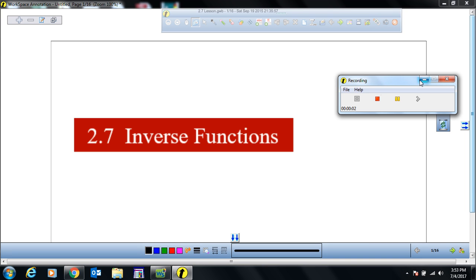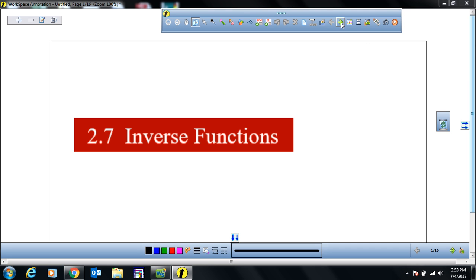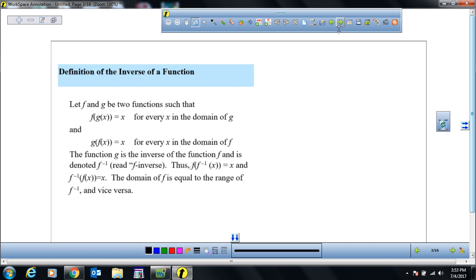Section 2.7, we're going to cover inverse functions. Now we're going to start with the definition of inverse functions, which is this. If you have any two functions f and g, in which when you do the composition f of g of x and g of f of x, and both of them give you x as an answer, then that means